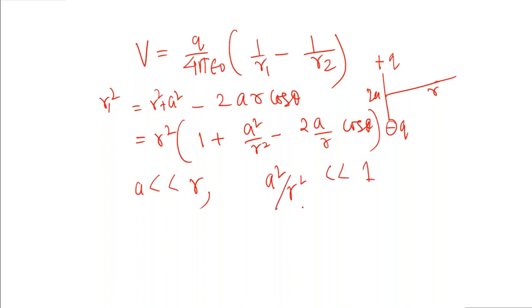Okay, or I can say this can be negligibly 0. So from here, I'm just doing the approximation. R square 1 plus, sorry, this will be minus. This term will go off, I will be neglecting this term because this is the assumption we have taken: the dimension of the dipole is much lesser than the distance where we are calculating the potential due to that. So this will be